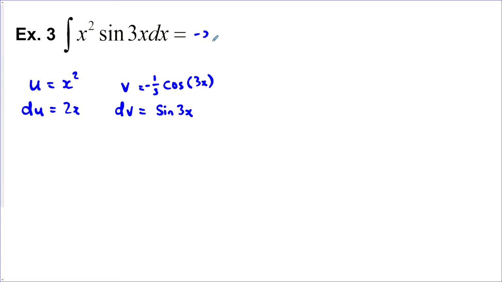So negative x squared over 3 cos 3x minus the integral of v du. So we'll put that in brackets, negative 1/3 cos 3x times 2x